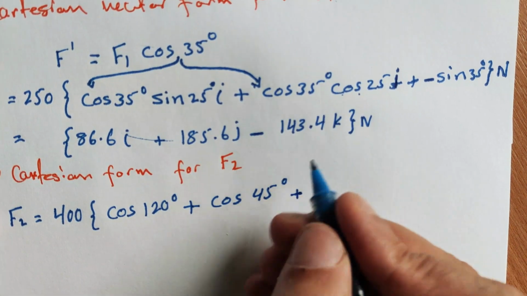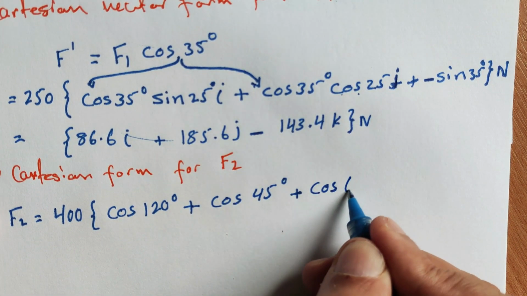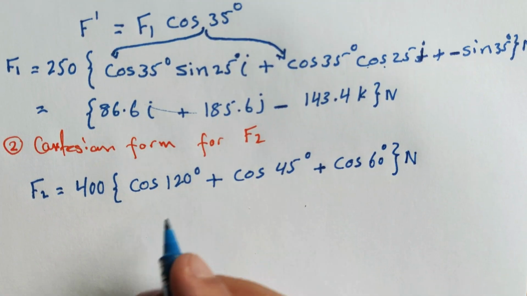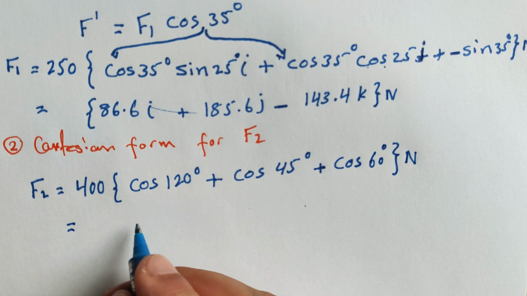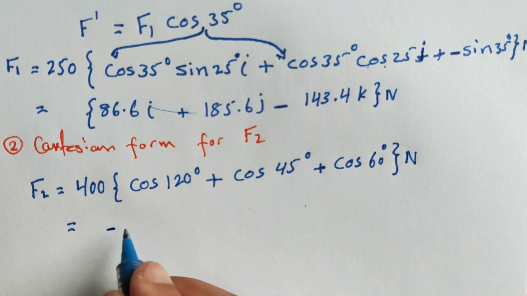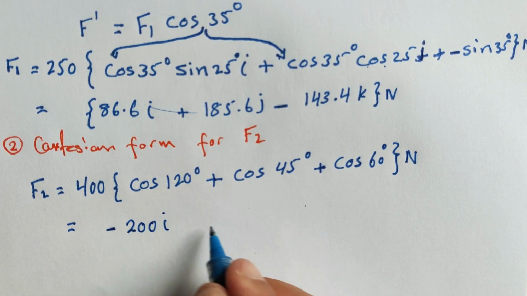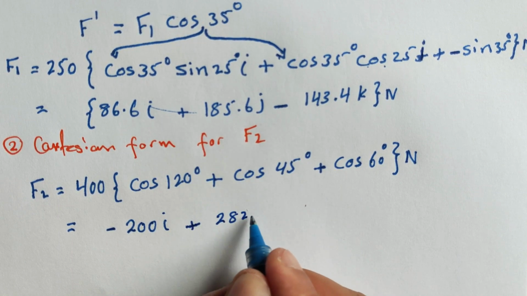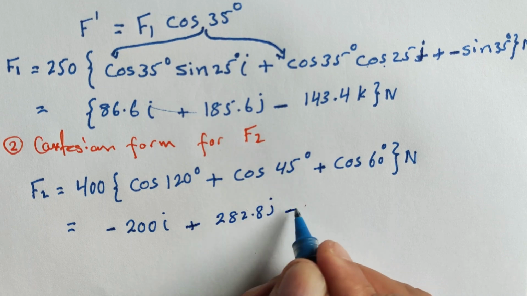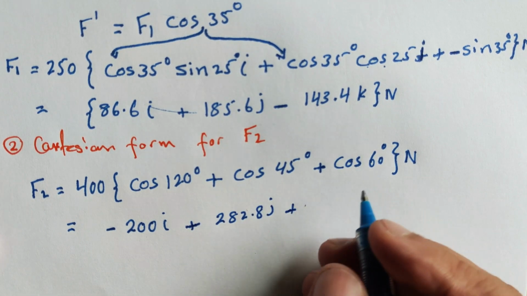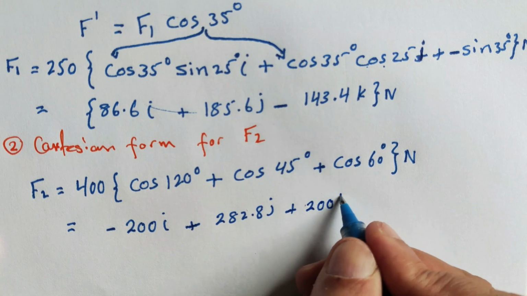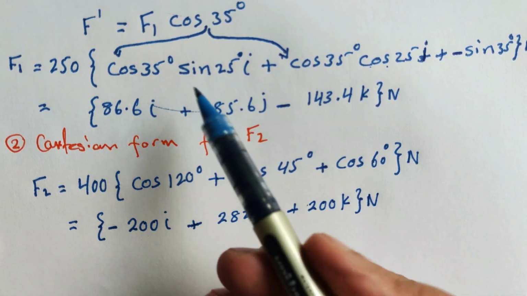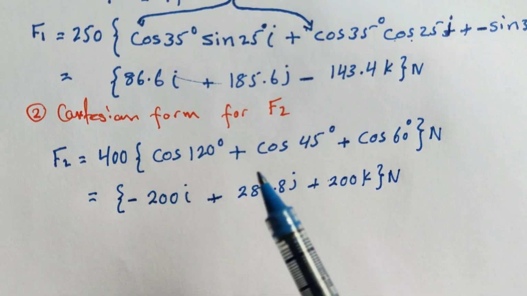Therefore, again, it's cos 60 degrees. Just plug these values into your calculator and you should get F2 equal to negative 200 i plus 282.8 j plus cos 60 times 400, it's 200 k, and of course it's in Newtons. Now we found F1 and F2. We know that FR,